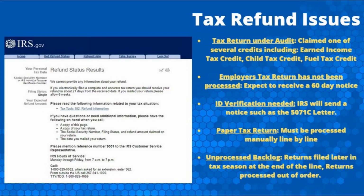The second reason for refund delays is your employer's wage information has still not been processed, and those impacted by this are most likely to receive one, if not multiple, 60-day notices indicating the IRS needs an additional 60 days to process your tax return. And one version of the 60-day notice indicates the IRS is waiting on your tax information to be available on